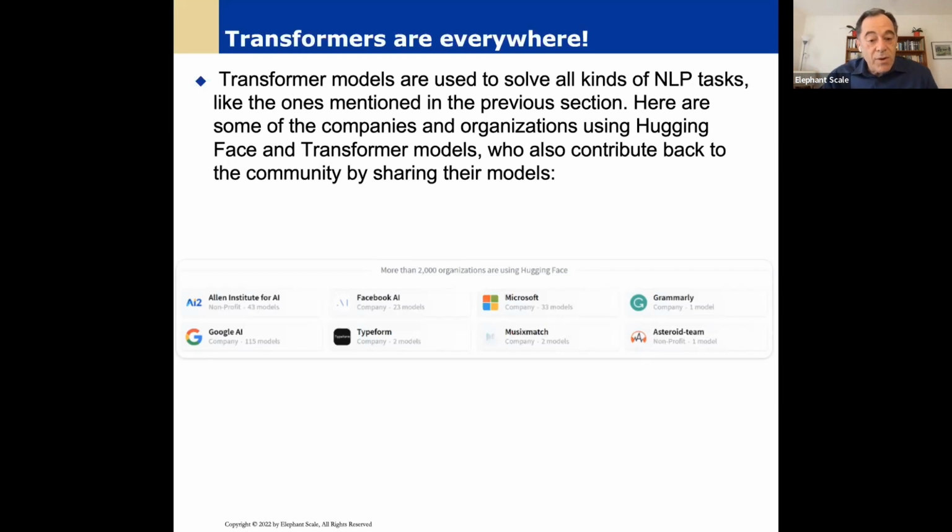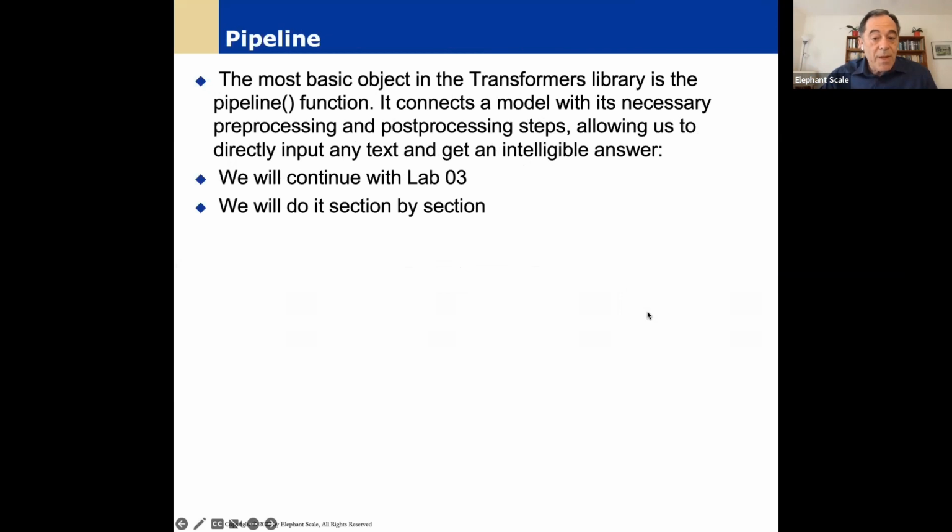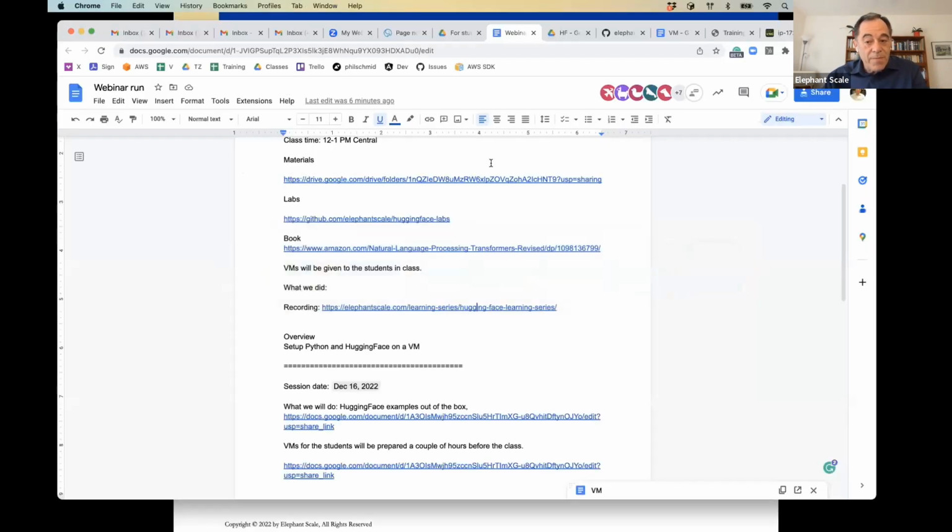Okay, so that is an overview of what's going on. But for us, technically, we're going to use the pipeline objects in Python. We will tell this object what exact task we're going to do so that it knows, and then it does everything. Well, let's go and try it. Let's go to lab number 3.